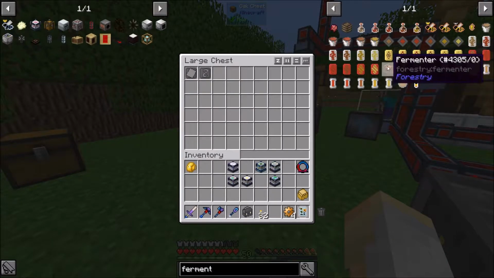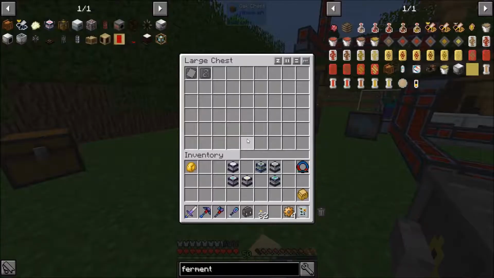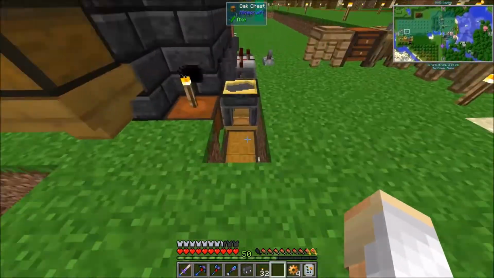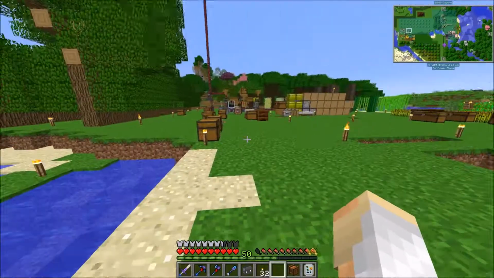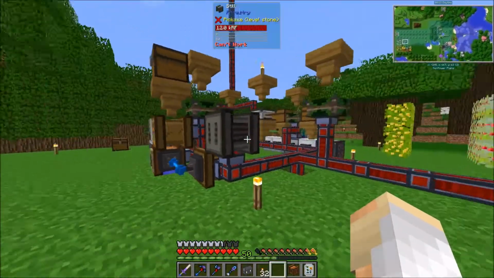There we go, fermenter. And let's just put that up there. Yeah, it's glass. Okay. Oh, I got it already. I'm hoping I can use this glass over here because I have a butt ton of it. There we go. Fermenter. There we go. Thank you. Okay, so now this, we should probably,